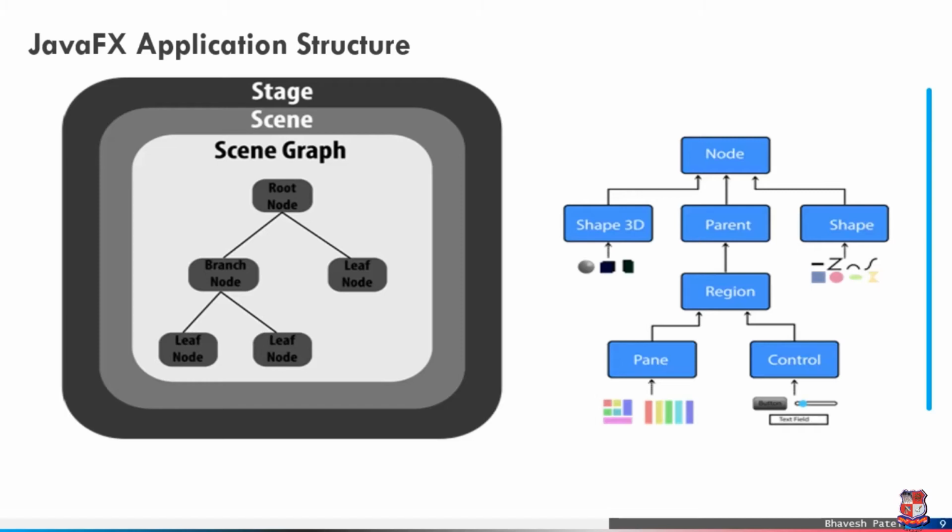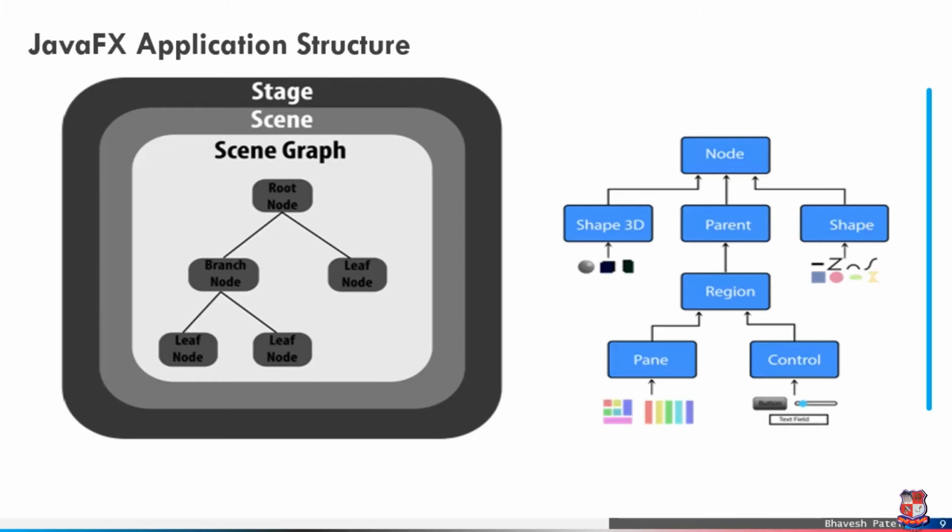The object of the primary stage is passed to the start method. We need to call the show method on the primary stage object in order to show our primary stage. However, we can add various objects to the primary stage. The objects can only be added in a hierarchical way. First, a scene graph will be added to the primary stage, and then the scene graph may contain nodes. A node may be any object of the user interface like text area, button, shape, media, etc.